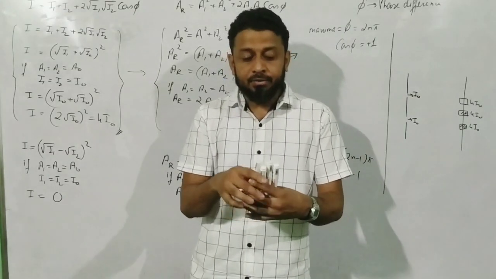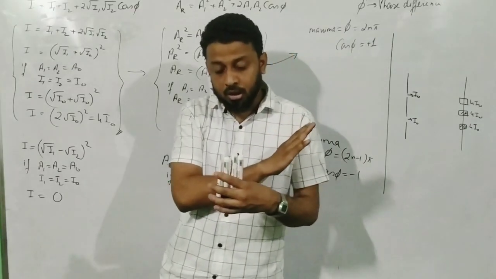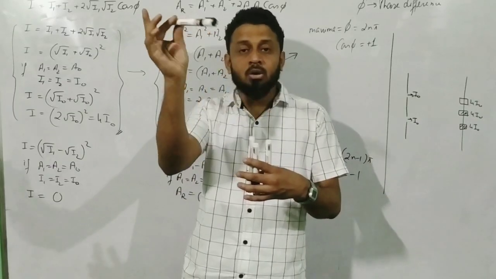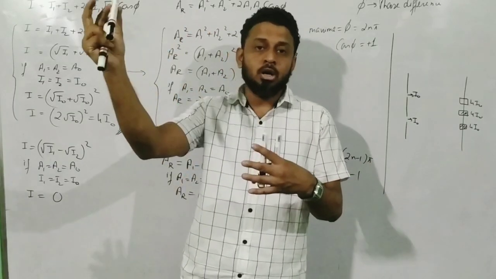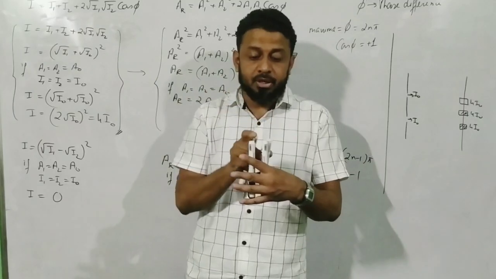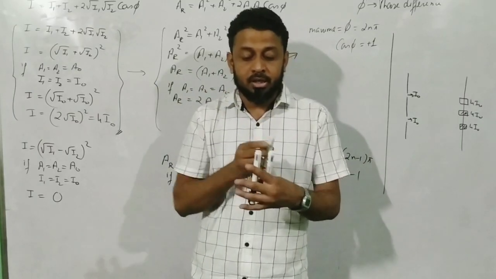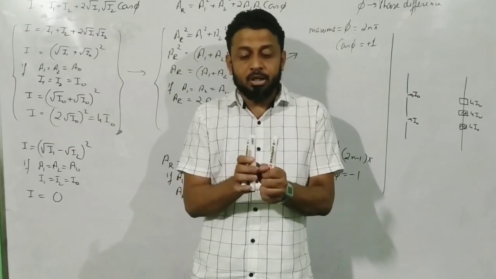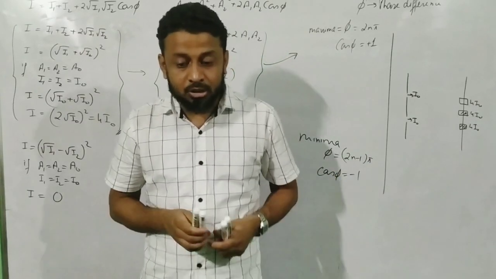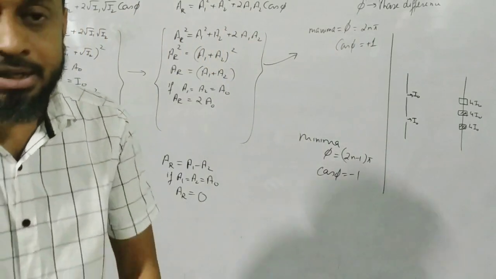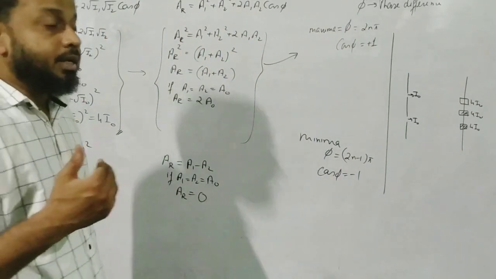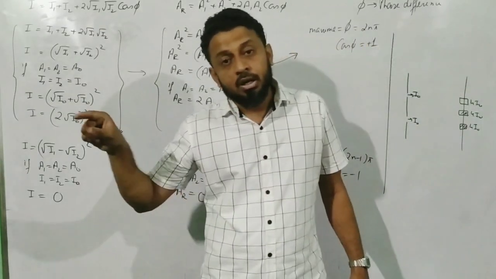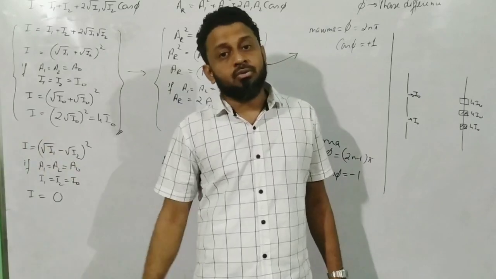Earlier I had a continuous bright region of 2 I naught, 2 I naught, 2 I naught. Then a region of 2 I naught vanishes. Another region of 2 I naught vanishes. This energy appears with one of the 2 I naught regions, and this appears with another 2 I naught region, and it becomes a 4 I naught region. So the answer to this question is no, it does not violate the energy principle, because the intensity of the bright fringes has become 4 I naught at the cost of the dark region losing the energy of 2 I naught.